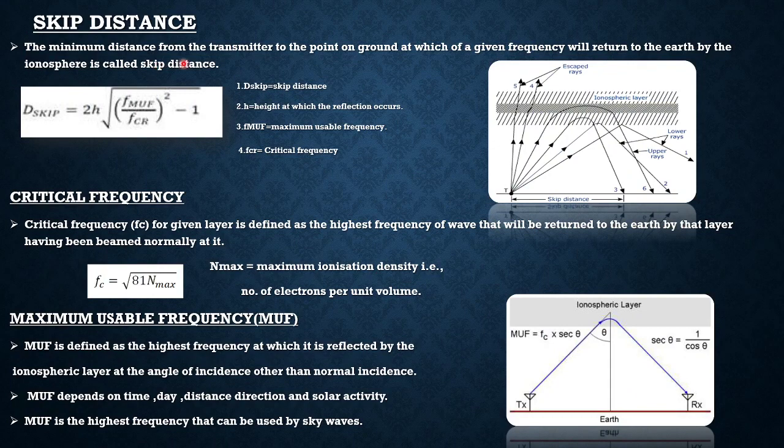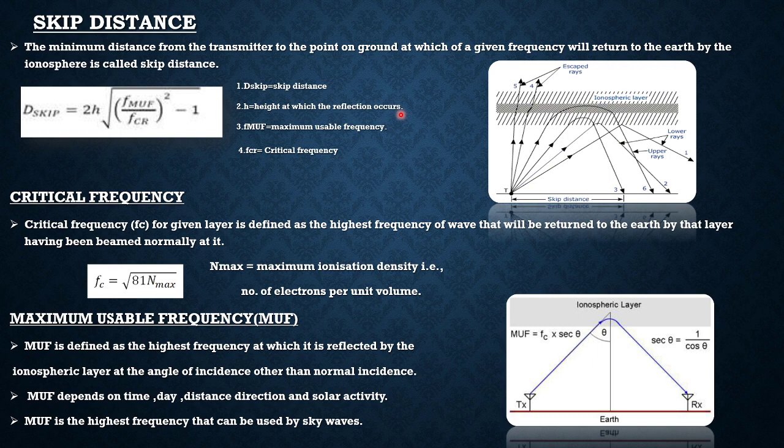The minimum distance from the transmitter to the point on the ground at which the given frequency will return to the earth by the ionosphere is termed as skip distance. The formula is 2h under root (f_MUF upon f_CR) whole square minus 1, where f_MUF is the maximum usable frequency, f_CR is the critical frequency, and h is the height of reflection at